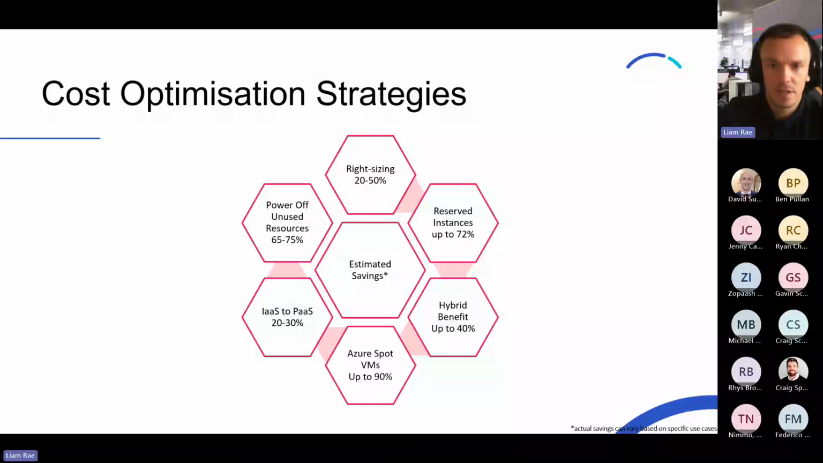Next, you would consider things like reserved instances. They can save you up to 72% over 1 to 3 year periods if you're going to have a consistent workload, compared to using pay-as-you-go. We've got things like spot instances, therefore workloads that can be interrupted can save you up to 90%. And then again, a simple but very effective strategy is turning off resources when they're not being used,